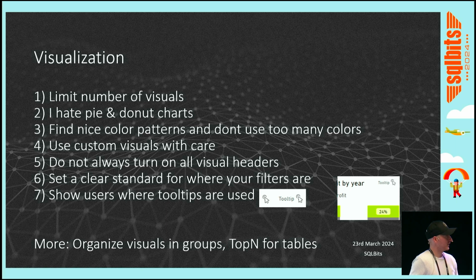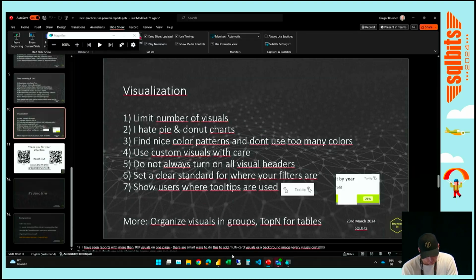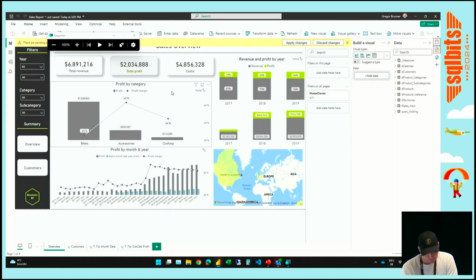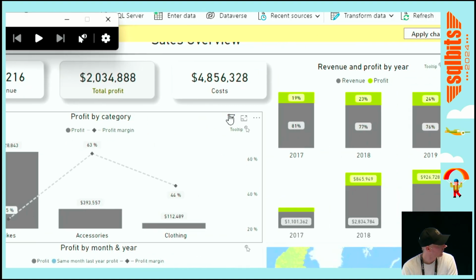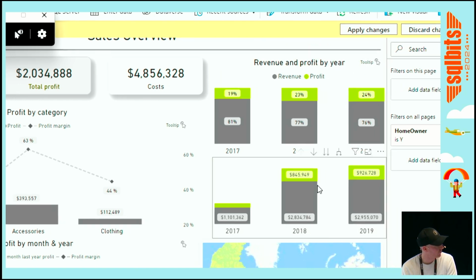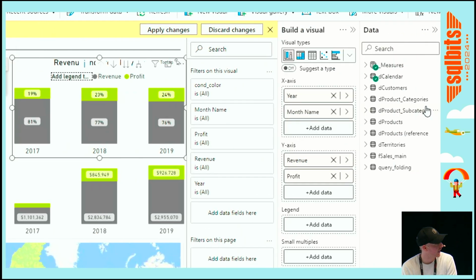Number 5, the visual headers. So that's something I think we need to take a look at quickly. So that's basically those little icons here. I'm gonna make it bigger. Those little icons here that we see, right? So some of them are important because we can drill down into the data. In the developer view, here in Power BI Desktop, I always see everything, but we can define them in the